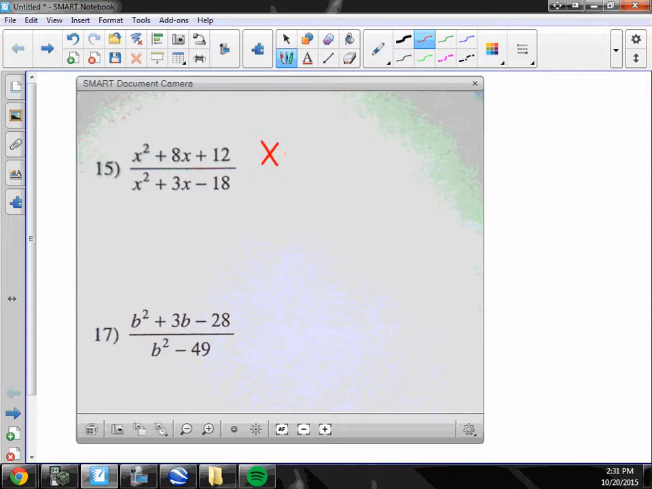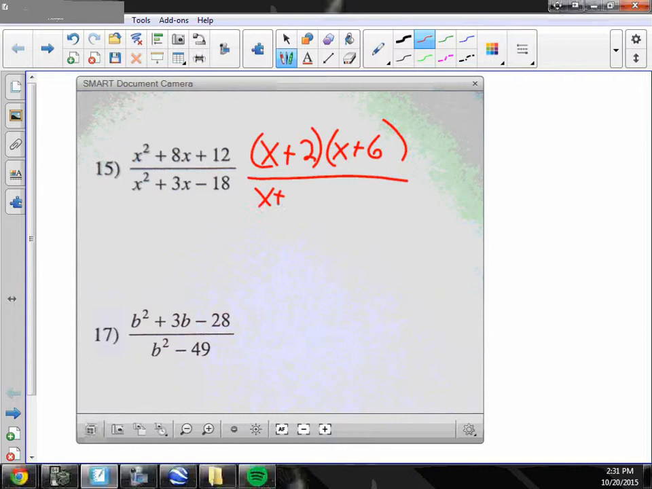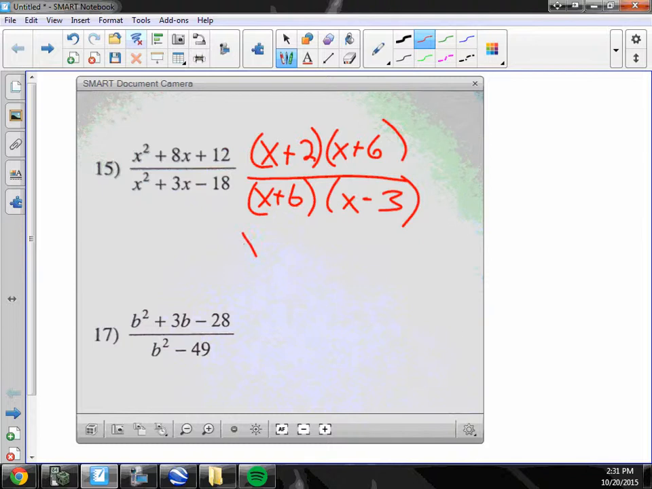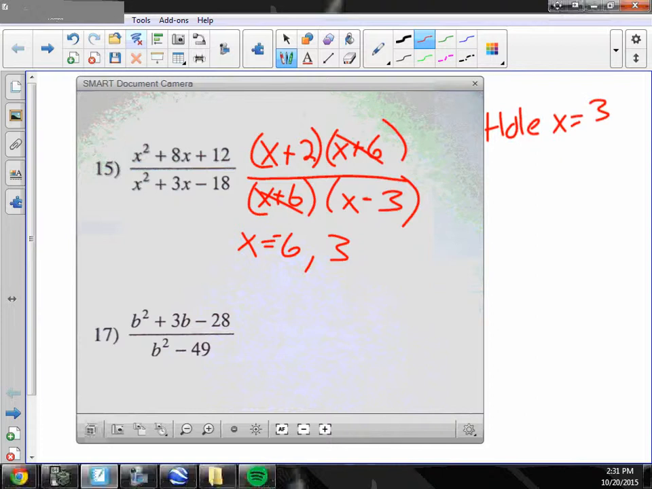Fifteen factors into x plus 2 and x plus 6, and x plus 6 and x minus 3. Sorry. So I know x is not allowed to be negative 6 and 3. But the x plus 6's cancel, so x equals negative 6 is going to be represented by a hole, and the x equals 3 will be represented by an asymptote. So I need to write hole at x equals negative 6